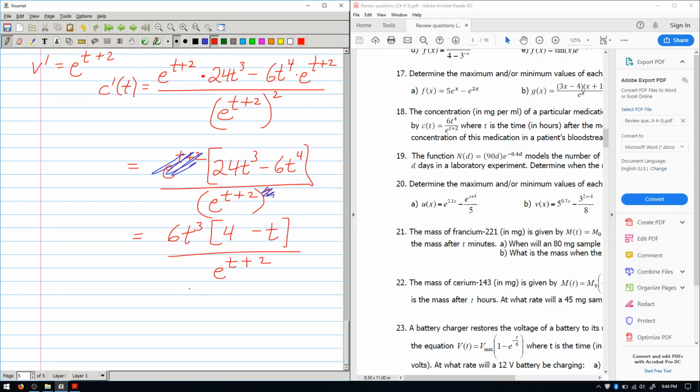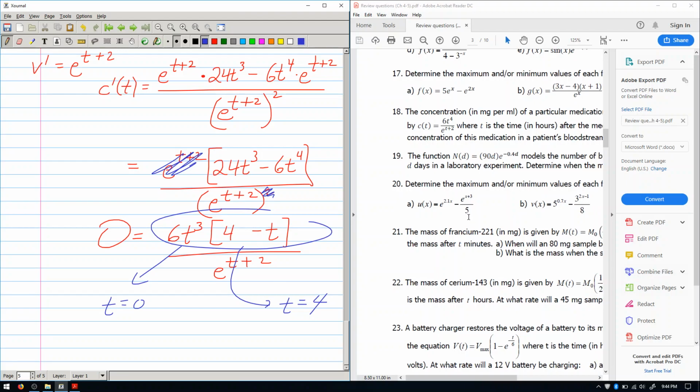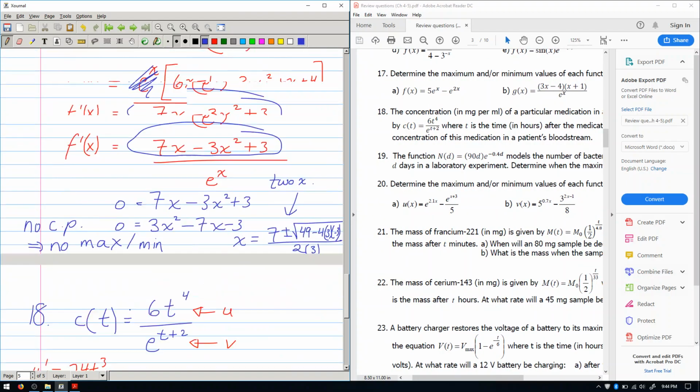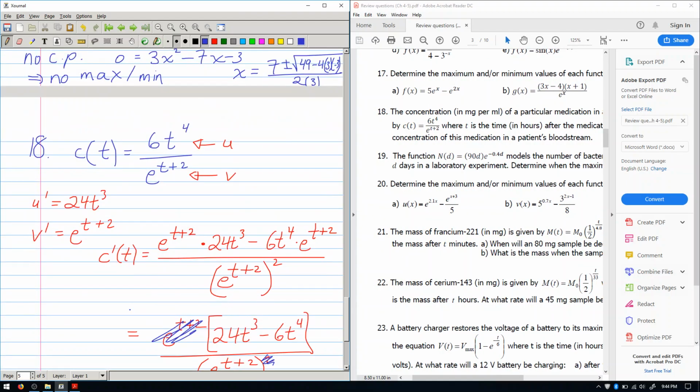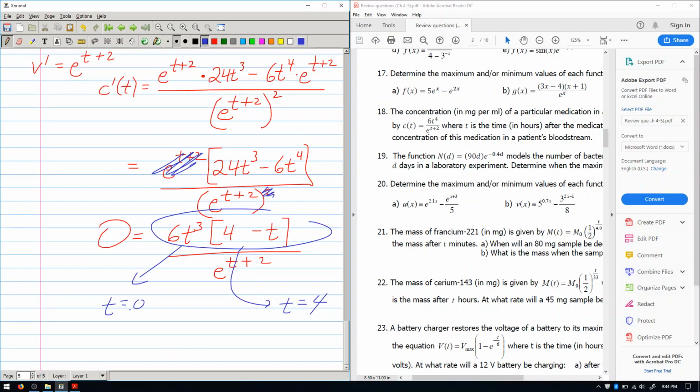I'm going to do the same thing. I'm going to set the derivative to 0 and solve for t, which means I'm just making the numerator 0. So I've got two options, t equals 0 or t equals 4. I take those t's and plug them back into the original expression. If I plug in t equals 0, my concentration is going to be 0. Okay, so that's probably not the max. The max probably occurs